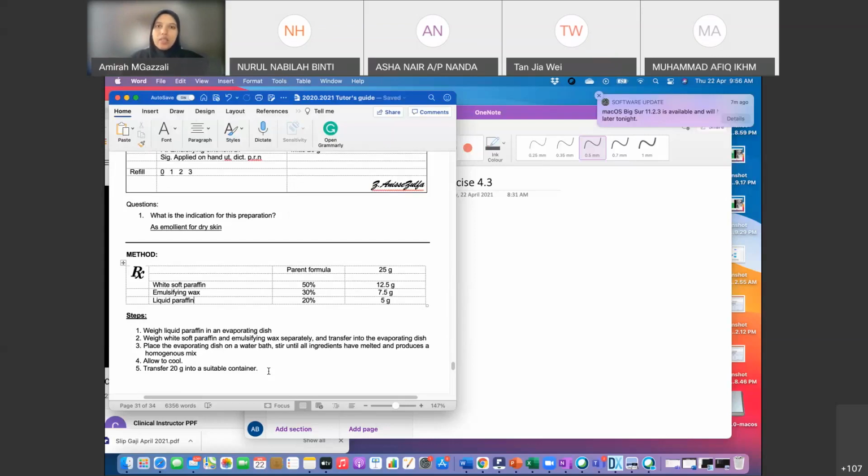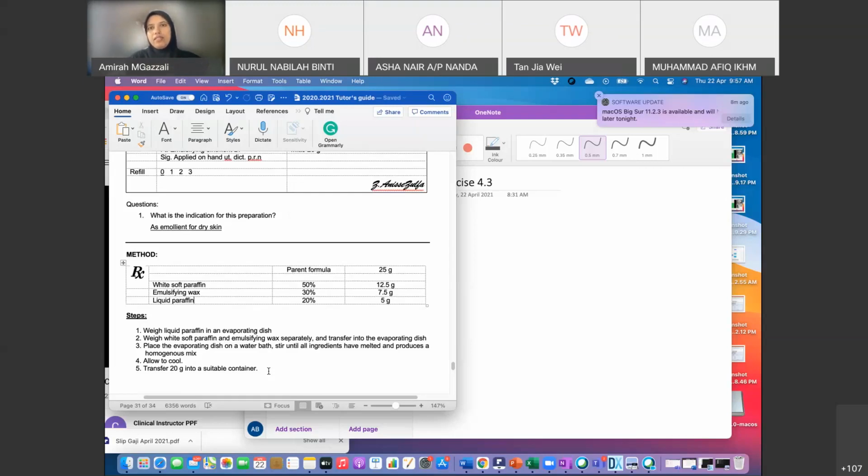Okay, at this point you can transfer directly into the container that we will provide to you. So even though it's still hot, it's okay to be poured into the container, although it's a plastic container. Okay, you can transfer into the container, but I don't expect you to transfer a very hot mixture lah. You let it cool a bit and transfer into the container, and then you let it cool in the container,